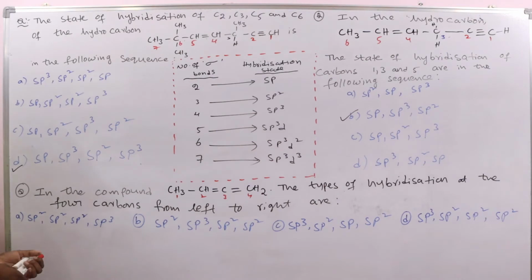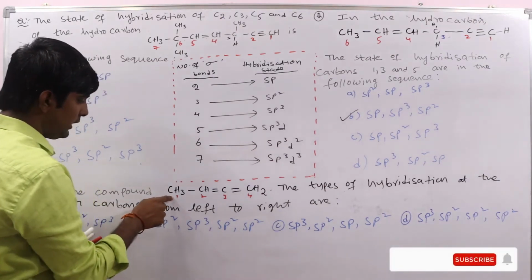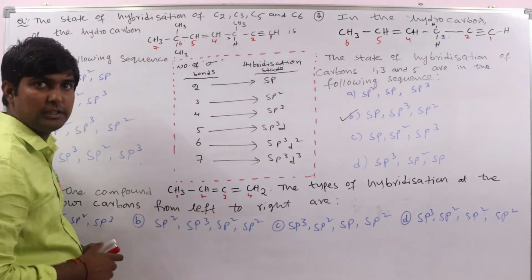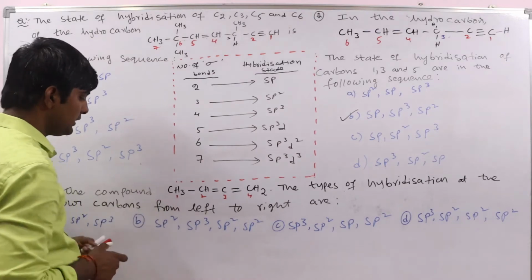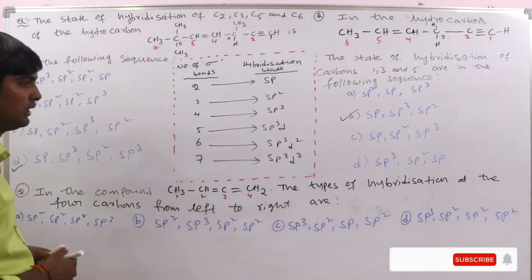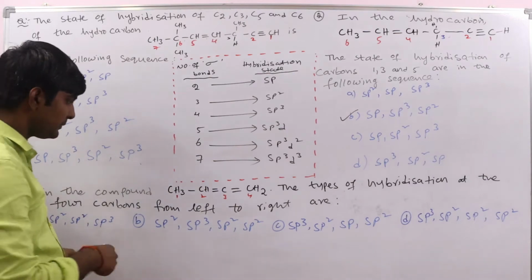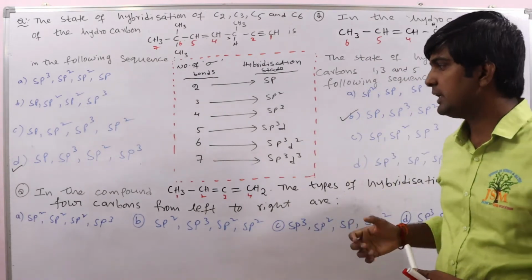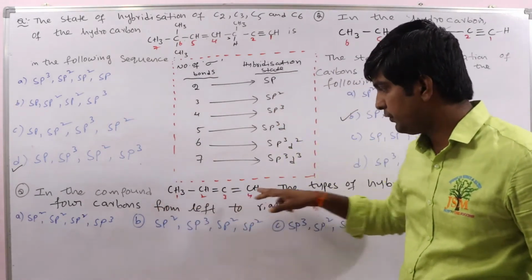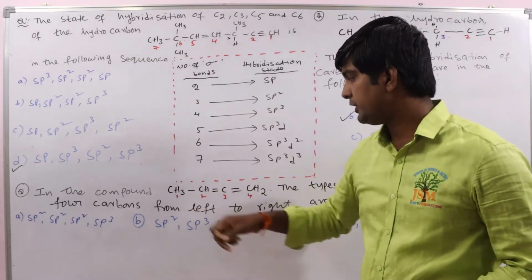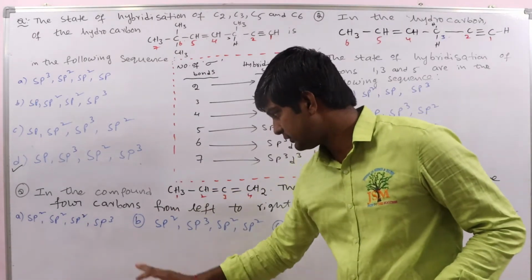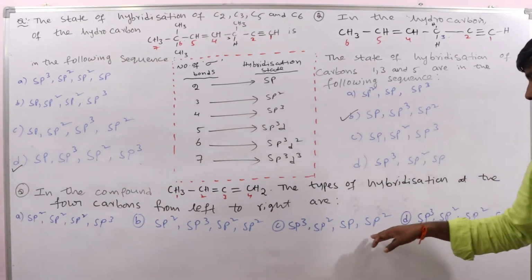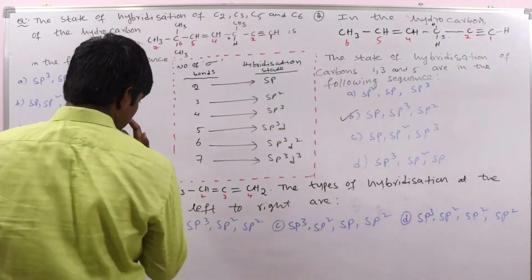Now see here, this carbon has 4 sigma bonds: one this bond and each CH bond is a sigma bond. So at this carbon, what is the hybridization? sp3 hybridization. See here, elimination is also a very useful method to get the answer easily. So at the first carbon, left to right, we have to identify. Here sp3. This is not correct, this is also wrong, and this here we have to check. sp3 hybridization at the first carbon, right?